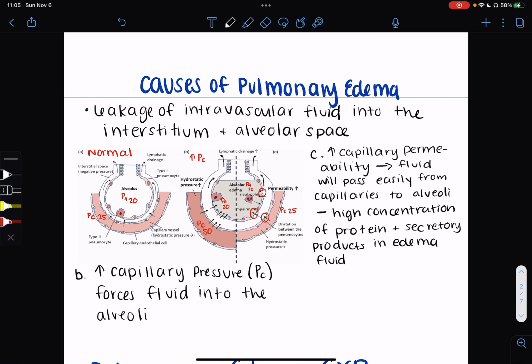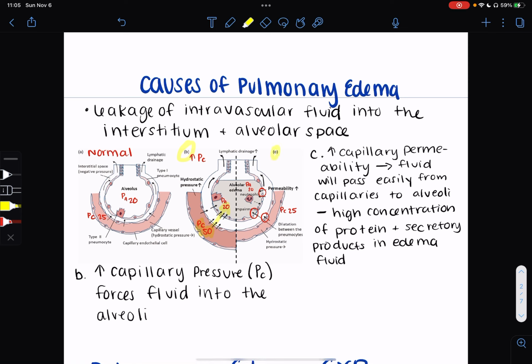Pulmonary edema is leakage of the intravascular fluid into the interstitium and alveolar space. So, if we look over here to the left, A is normal. We can see we have normal pressures in our capillary beds and normal pressure in our alveoli, versus here in B, there is increased capillary pressure, and that's going to force fluid into the alveoli. So our capillary pressure here is 50, and it's going to be pushing fluid in,